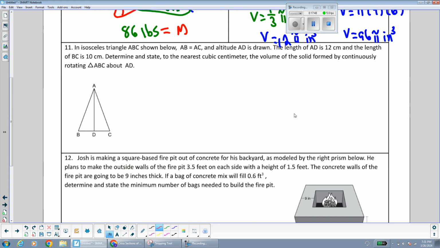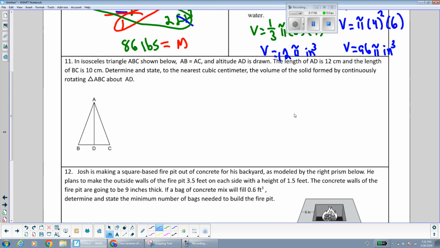Okay. Here we have isosceles triangle ABC. AB is equal to AC. And the altitude is drawn, so we do have right triangles here. The length of AD is 12, and the length of BC is 10. We're forming a solid by rotating continuously around AD. We know a triangle is going to become a cone. And since we're rotating around AD,